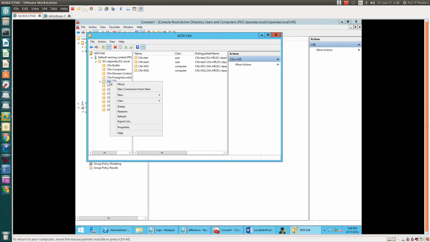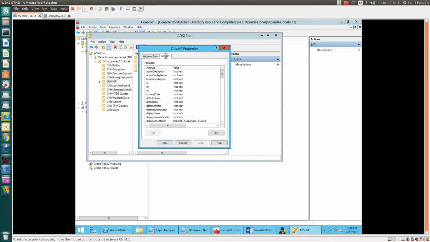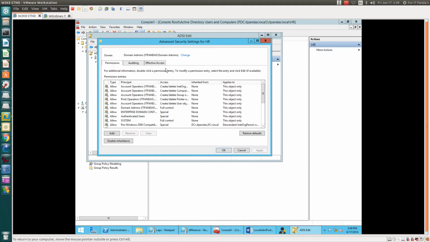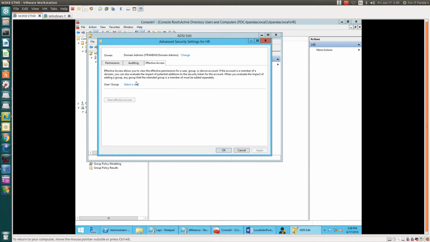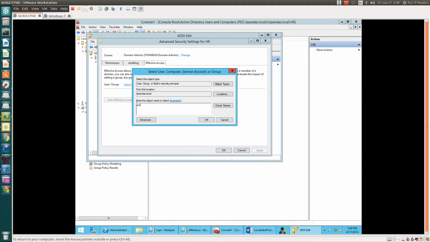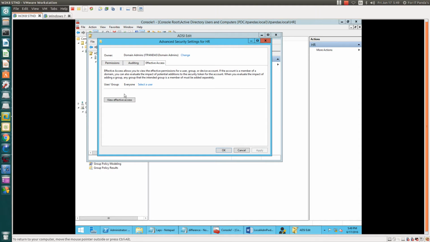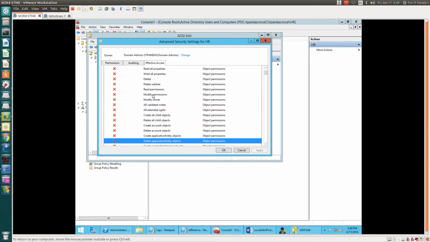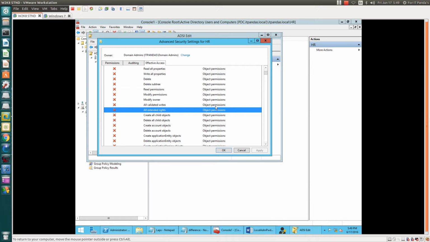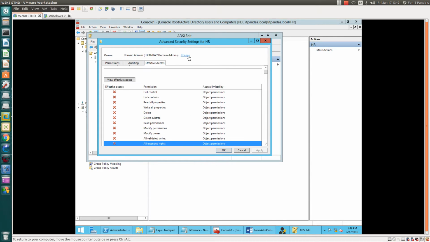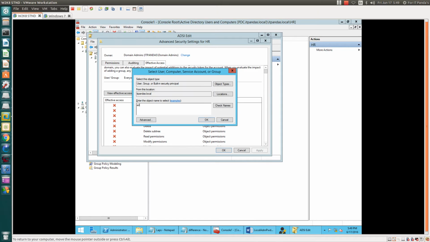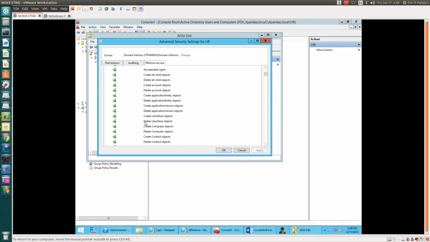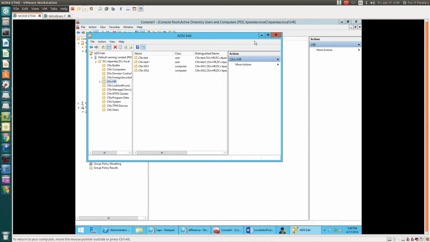Right click, properties, Security, Advanced, and check the permissions for Everyone here, under Effective Permissions. Everyone, view permission. So where is All Extended Rights? Here it is. They don't have the permission. Let's check for others here. Admin, the built-in admin account, should have the permission. All right, he has it. So our permissions are proper now.